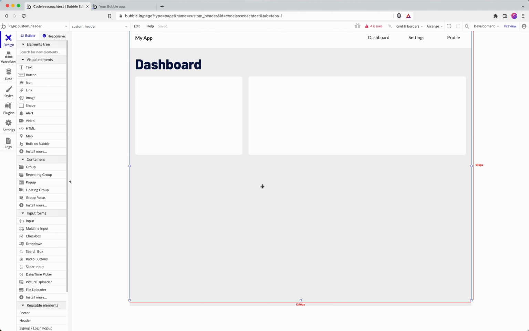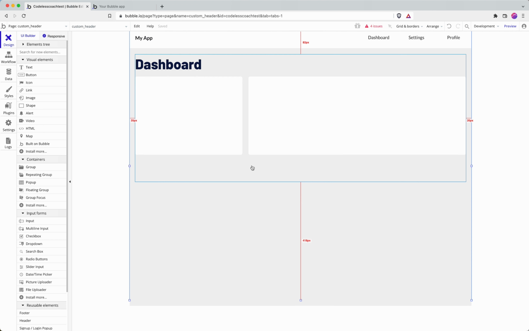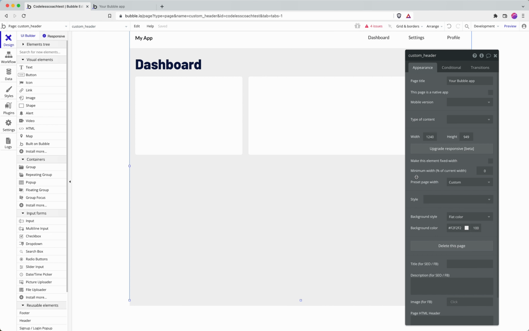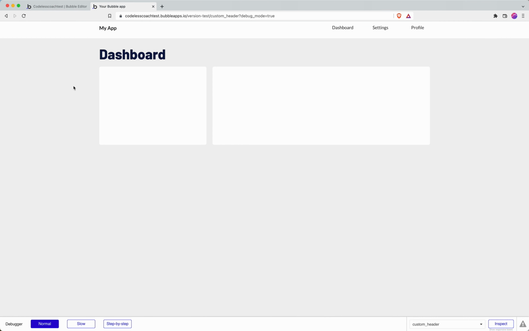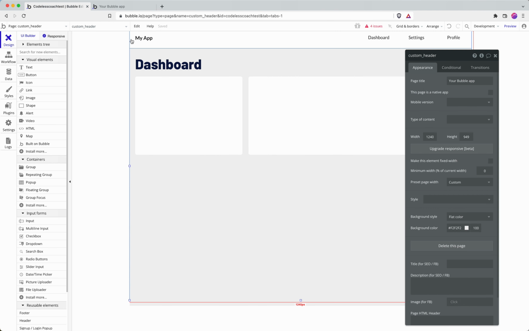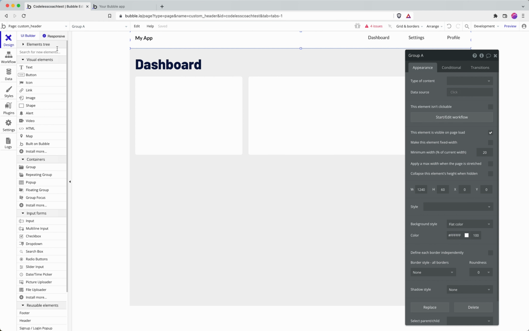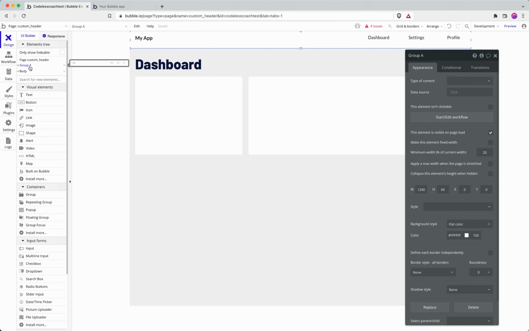Here's a quick Bubble tip for ensuring that your pages have nice margins and nice consistent padding around your elements. So I've got here a simple header and body content. You can see that my page width is not restricted. There's no fixed width, which means that I get my light grey background going full width of the page, and that my header is built up of an outer group, which is also not set to fixed width, and an